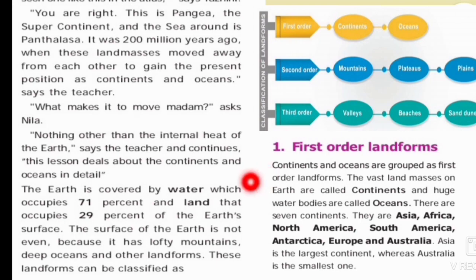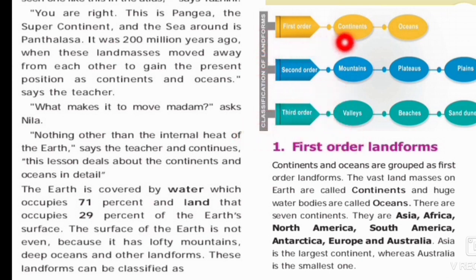Then the earth is covered by water which occupies 71% and land that occupies 29% of the earth's surface. Then classification of landforms: first order landforms, second order landforms and third order landforms.